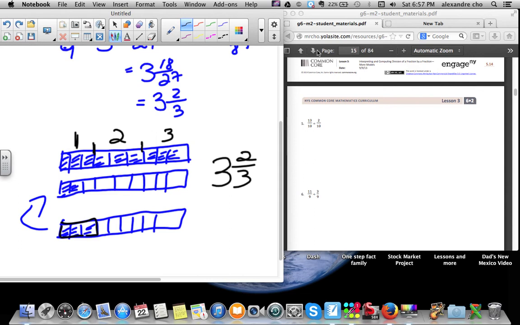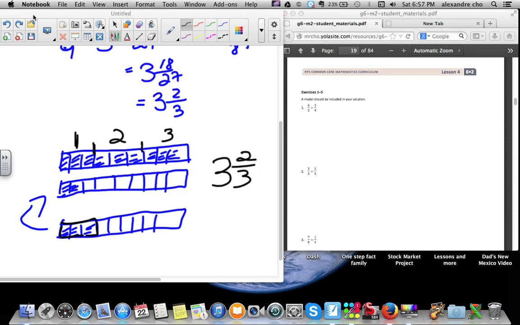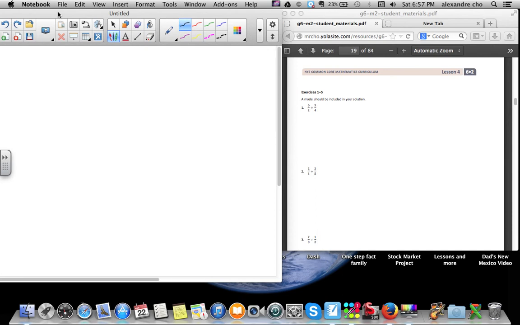15, page 19. And page 19 is showing up. The model should be included in your solutions. I guess, hope you're getting the hint here. This division of fractions is quite a big chunk, because we're stressing division a lot. So a model should be included in your solution. All right, so